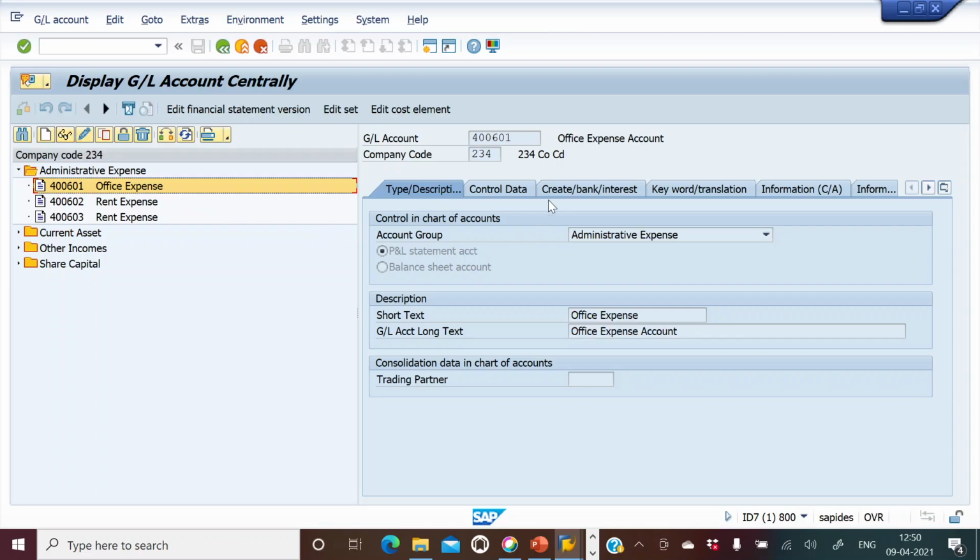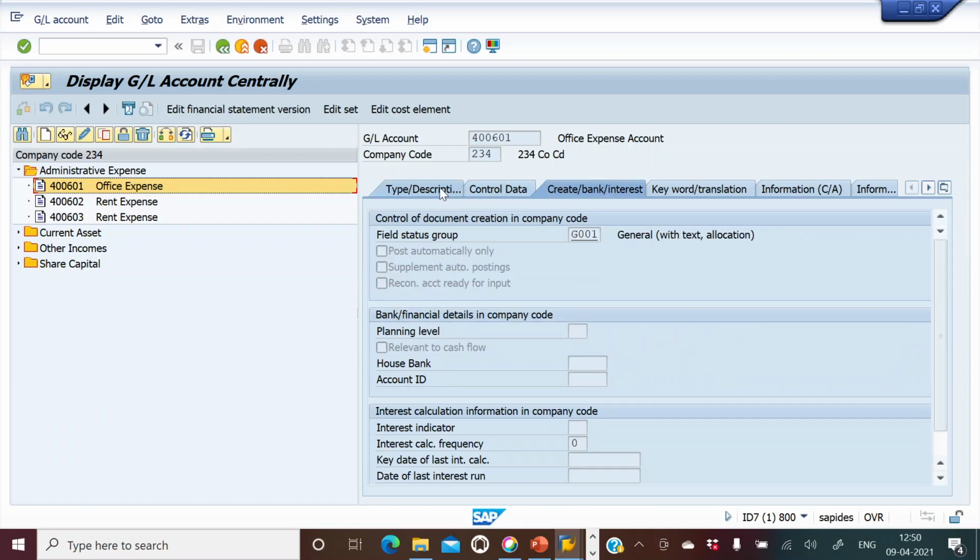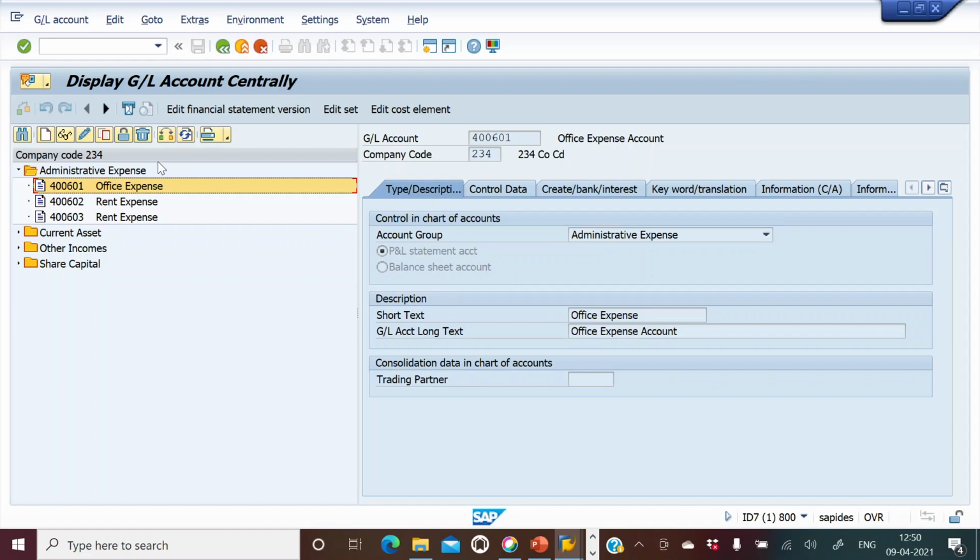You will be able to see the properties of these particular GL accounts in several tabs, right? So you see the properties of the GL accounts. If you want to make any changes, you have to click on this pencil button, which will make things editable for you.